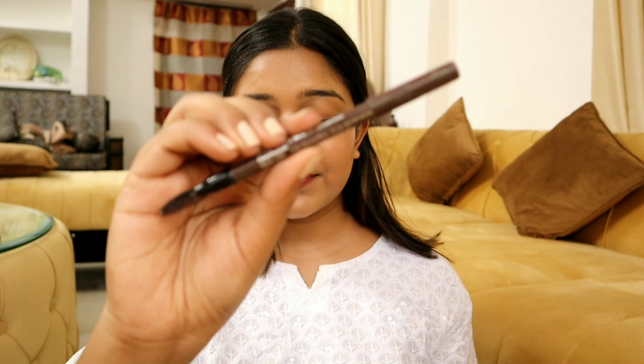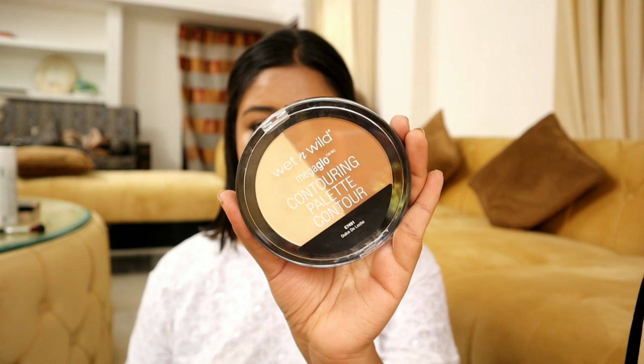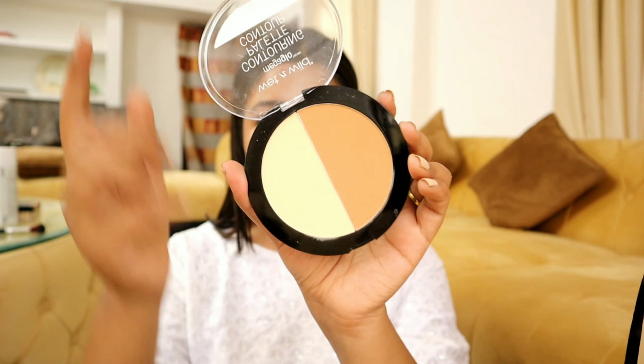For my eyebrow filling, I generally use this Nykaa Brow Chika pencil, but आज मैं सिर्फ naturally अपनी brows को bushy दिखाना चाहती हूँ. So I will be brushing it up using the spoolie at the end of this pencil and I am done. For setting my under eyes, I will be using the banana powder present in this Wet